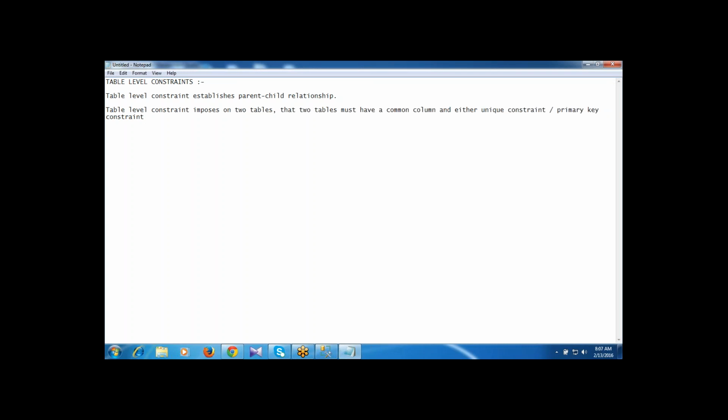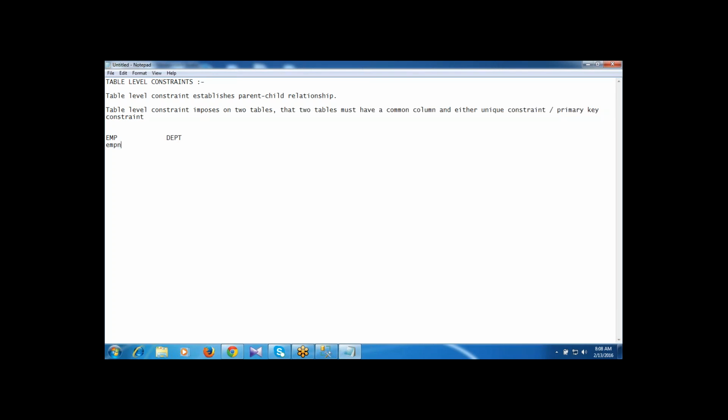Hence, if I want to write the table level constraint on two tables, the two tables must have a common column and either a unique constraint or a primary key constraint. Here, let us assume I am taking the EMP table and DEP table.